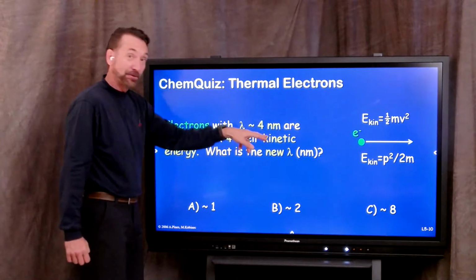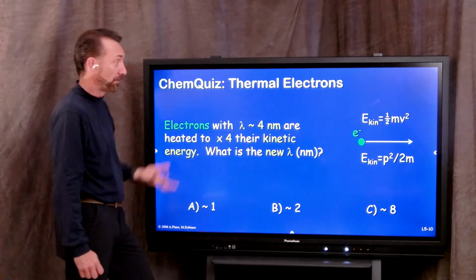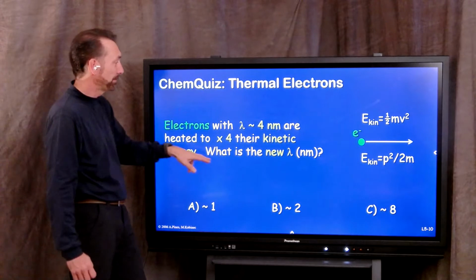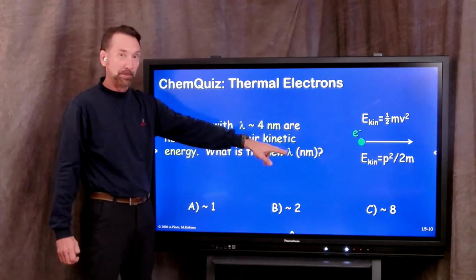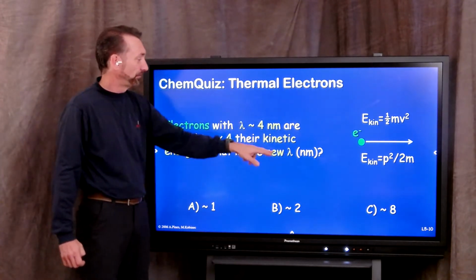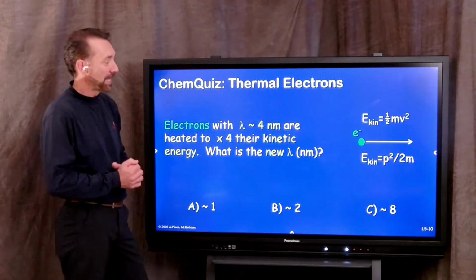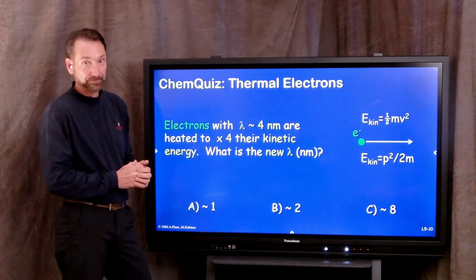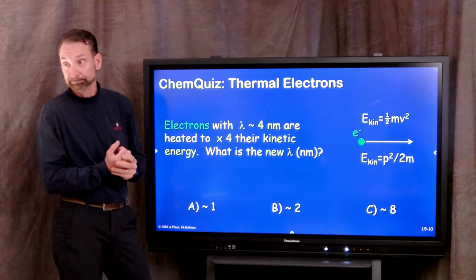We heat up those electrons. They're going to go faster, more kinetic energy, higher temperature. What is the new lambda? So you're going to go from 4 to a new lambda after that heating occurs. So we'll start the poll